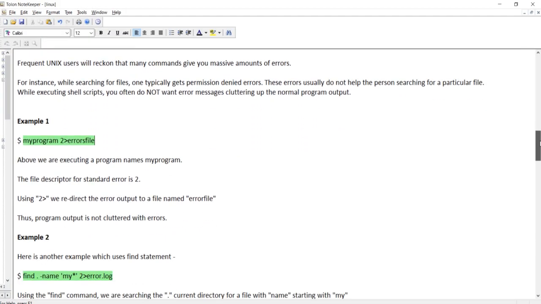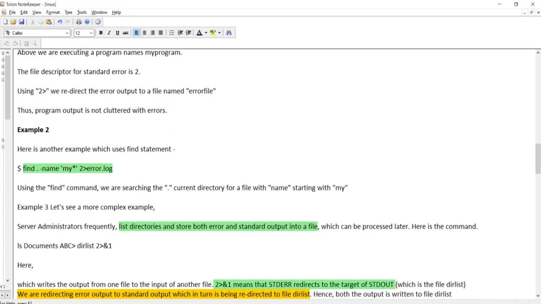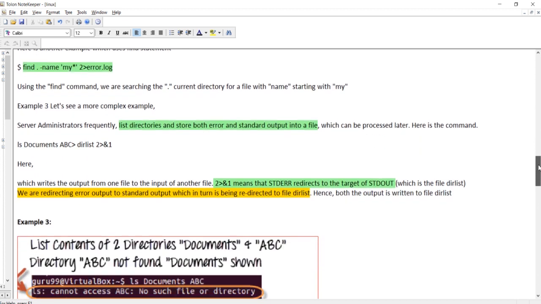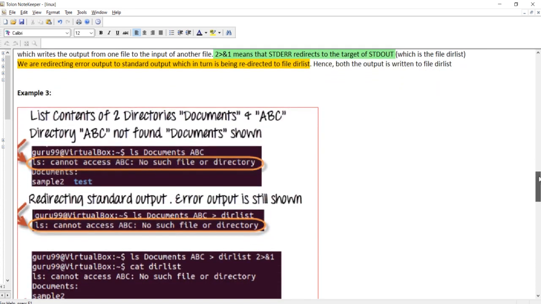This is clear. This I have explained. Here the find command I have explained to you. This I have also explained to you. Okay. Suppose we take this example. I have already taken document ABC. So this is the error. This is your output.